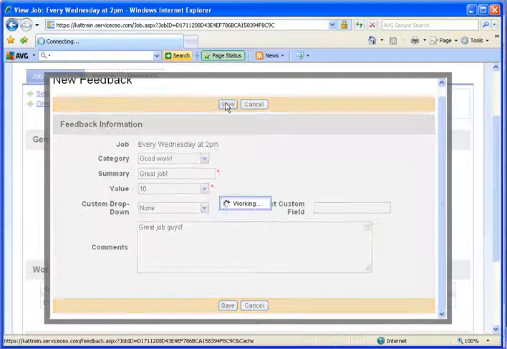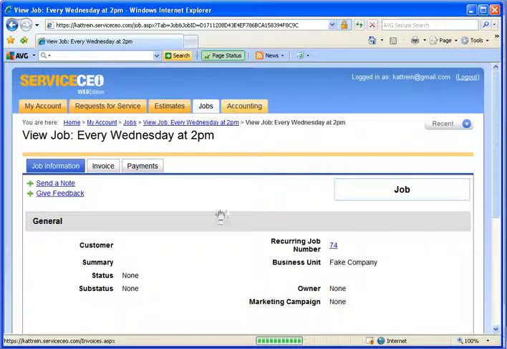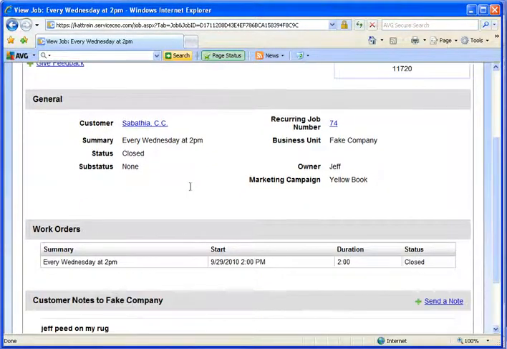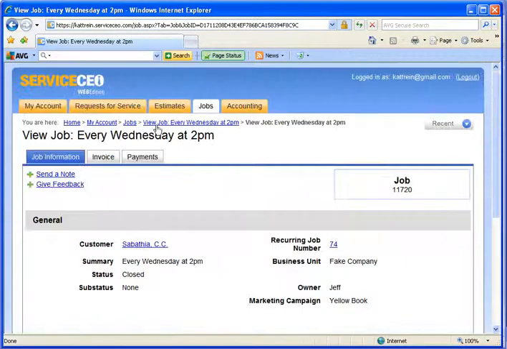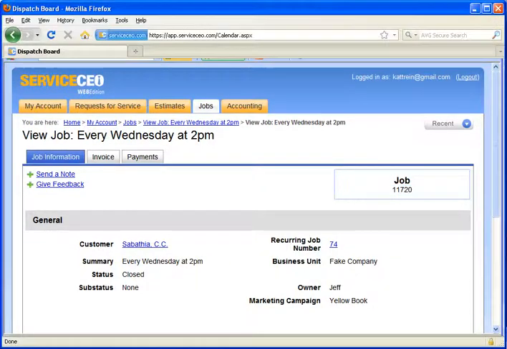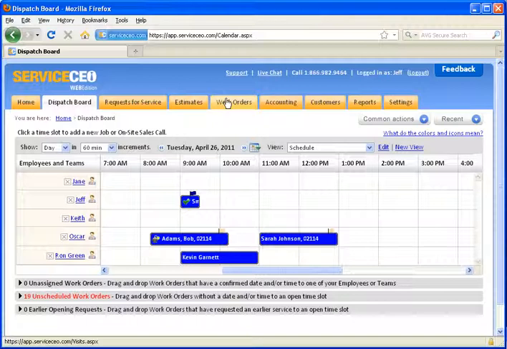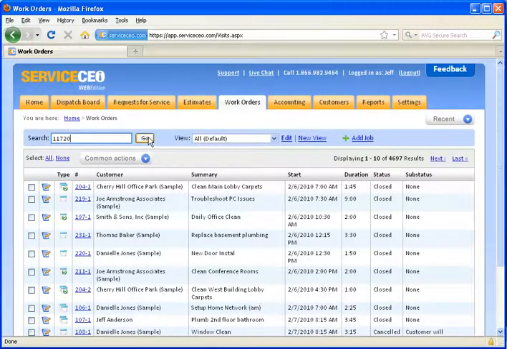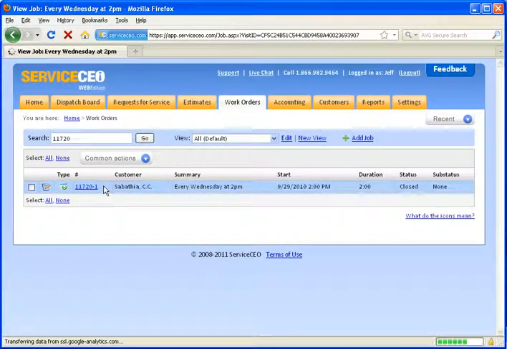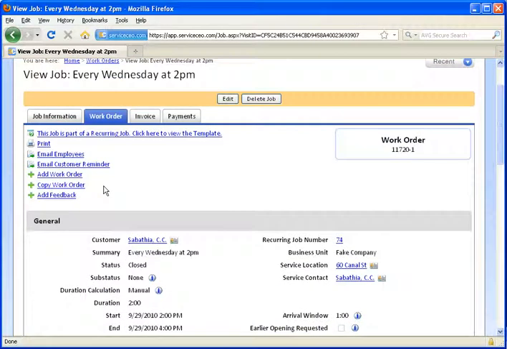I'll click Save here. I've now entered feedback for this particular work order. If I come back and see this is job 11720 here, let's copy this. We'll come back to our other system, Service CEO. Go to the Work Orders tab, and first let's find that work order. I can then, again, click my customer's name here